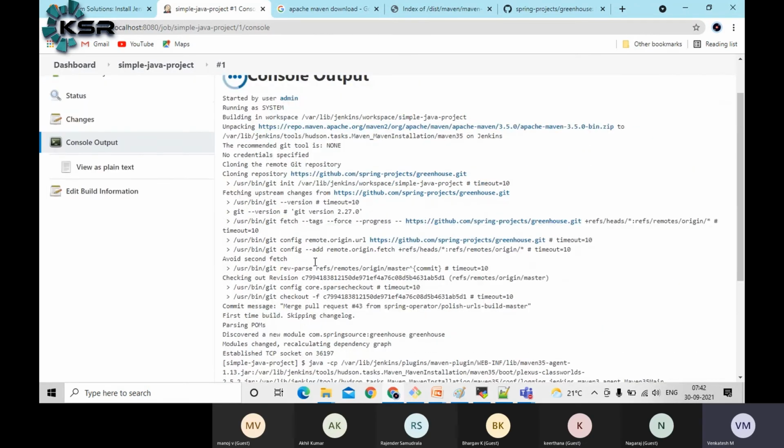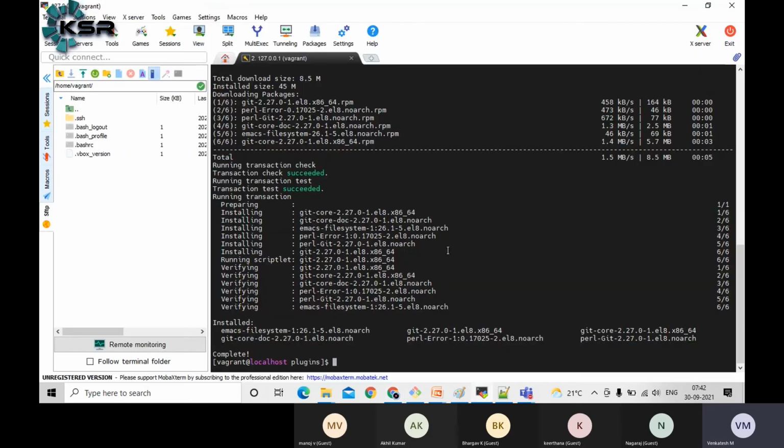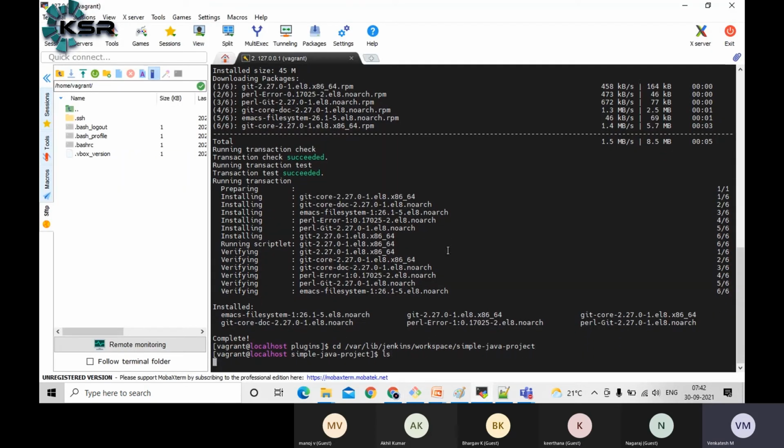Then, as a second step, what it is going to do is, I have integrated with GitHub, guys. That's why, if you see in the log, cloning repository, and whatever GitHub URL I have given, it's going to download the code. If you want to see this code, directly go inside this folder. Let me showcase where it will download. Go inside this folder.